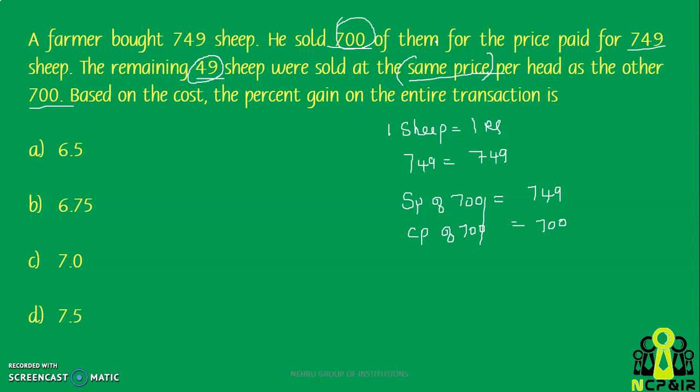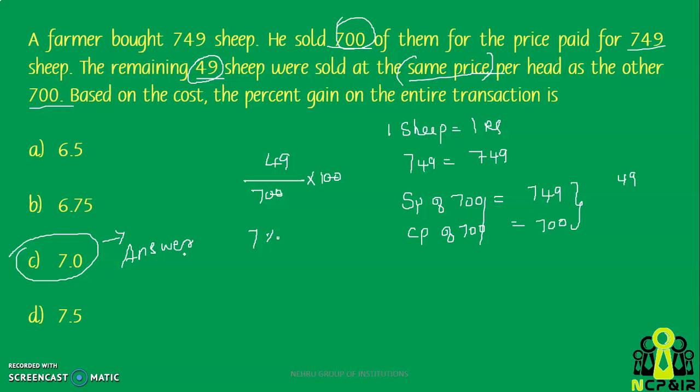So here the profit percentage of one unit is the same for all 749 units, but I am going to use 700 units as a base. Ultimately we need the selling price and cost price of 1 unit or of 20 units, anything you need to use. So in this case the profit is 49 rupees. That is, for his investment of 700 rupees he got 49 rupees profit. So what is the profit for 100 rupees is the question. So 49 by 7, you will get 7% as the profit in this case. Okay, the answer will be 7%.